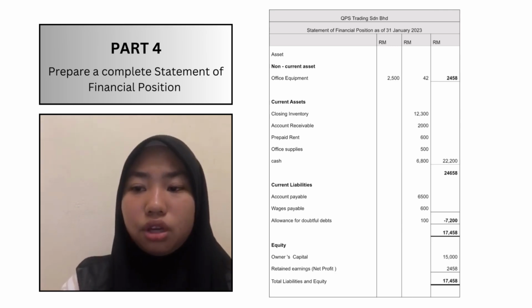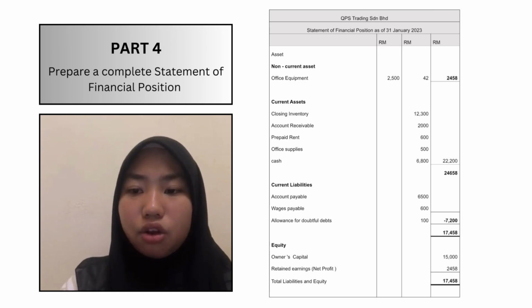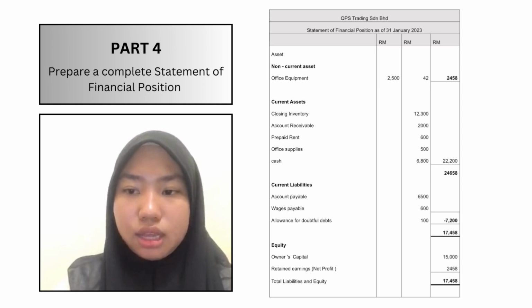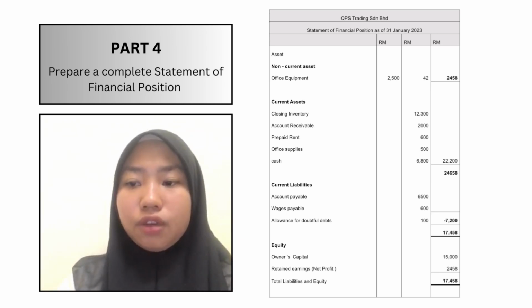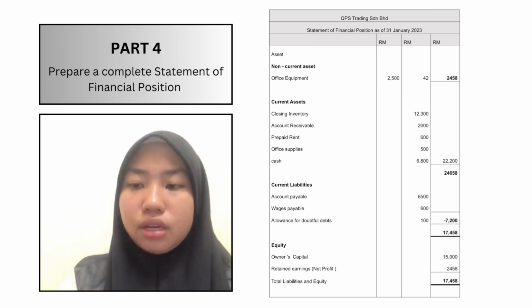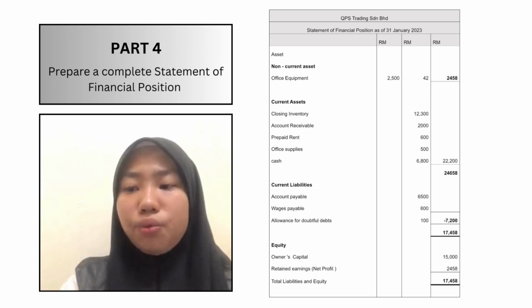When we add the liability of 7,200 to the equity of 17,458 ringgit, the total matches the company's total asset of 24,658 ringgit. This balance confirms the accuracy of the financial position as of 31 January 2023. In conclusion, this statement highlights QPS Trading Sdn Berhad's solid financial health with the balance